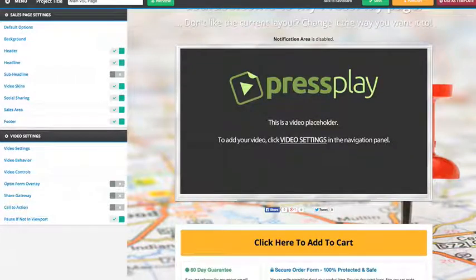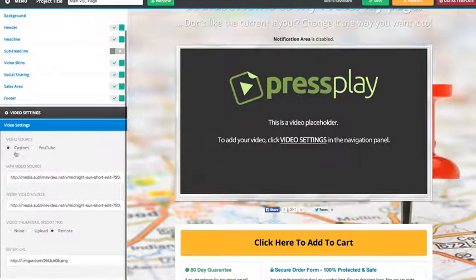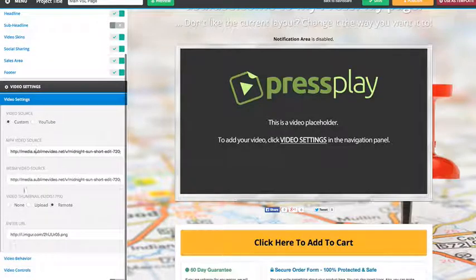Okay, now the other really cool feature that we were really super proud of is the video settings. So the video settings, you can use either a custom URL, so you can host it on Amazon or wherever you want, and you can play the video that way, or you can use YouTube. Okay, we use their YouTube API, and basically you'll have all of the same features regardless of if you use